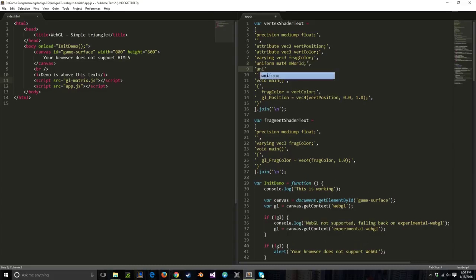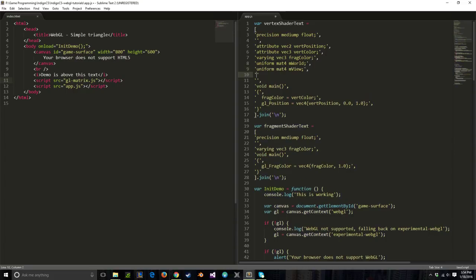So there's the world matrix, uniform, mat4, and view matrix, uniform, mat4, and view projection matrix. Great. So one thing is when you multiply two matrices together, you get another matrix that is what happens if you apply both of those operations. And the ordering is important. Depending on row major or column major, either the matrix that is multiplied before happens first or the one that happens after. In OpenGL,